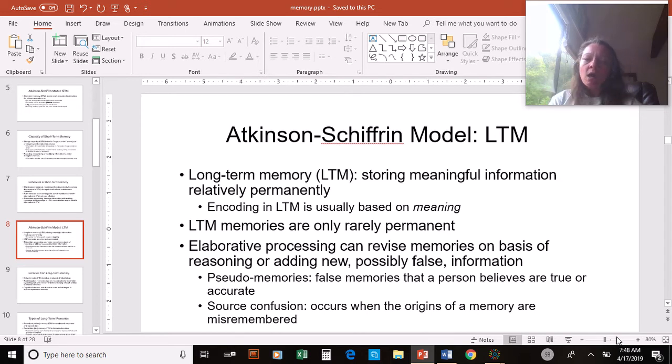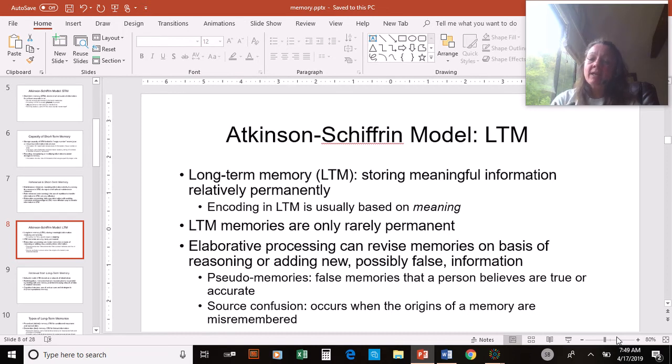And so, once again, association. When we can associate information with something we already know, something that we remember, that helps keep those neural pathways a little bit stronger, right? And then we have to be careful about false memories too. Sometimes we call them pseudo memories, where you believe something to be true and accurate, but it's just not.